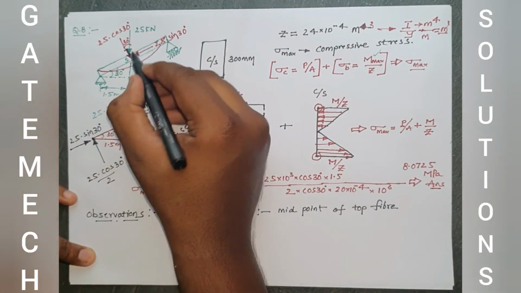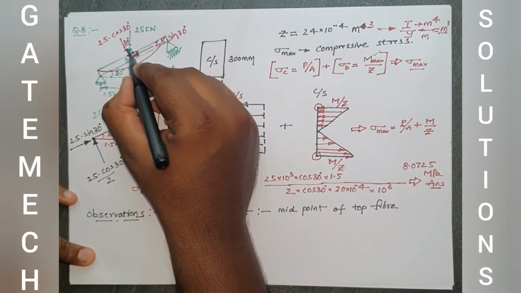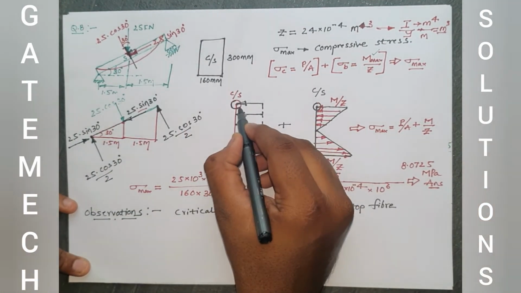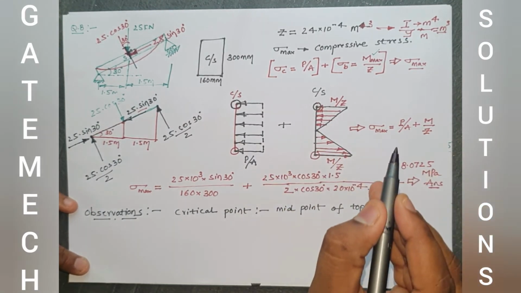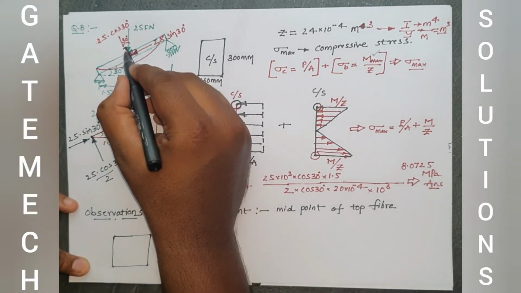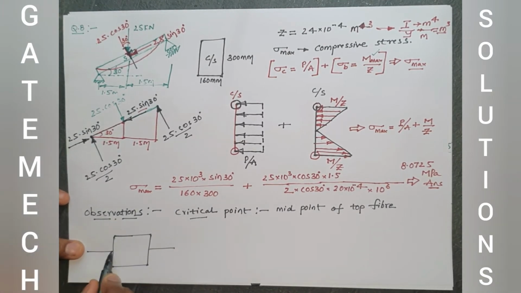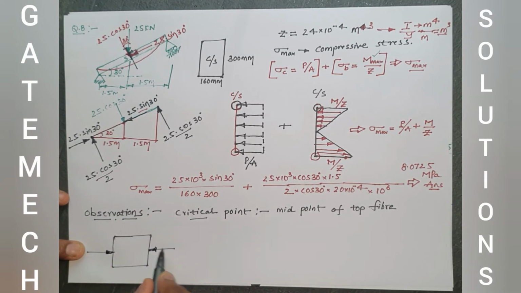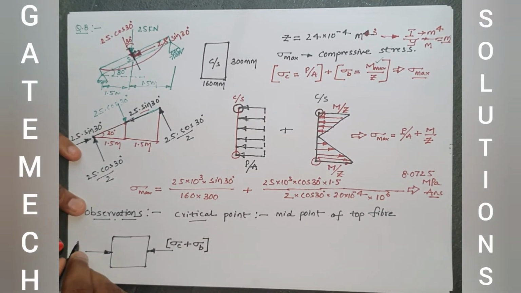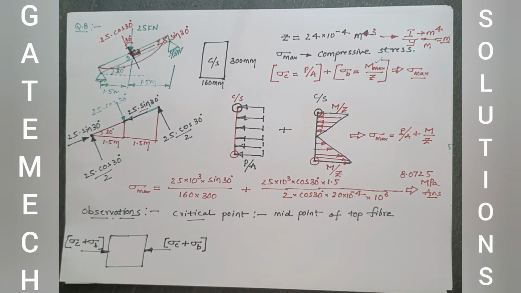So exactly at this midpoint there is a cross section. This cross section is subjected to the same amount of direct compressive stress, but the top point is subjected to maximum compressive bending stress, right? So these two can be added. So this point can be called the critical point. Critical point is a point inside the member where maximum stress is induced in the material. If you draw the state of stress for the critical point, take one cuboidal element here and draw the external stresses acting on it. These are the stresses, sigma C plus sigma B, direct compressive stress as well as the bending stress on the top fiber. So this is the state of stress diagram.